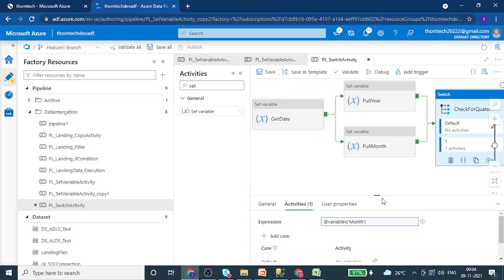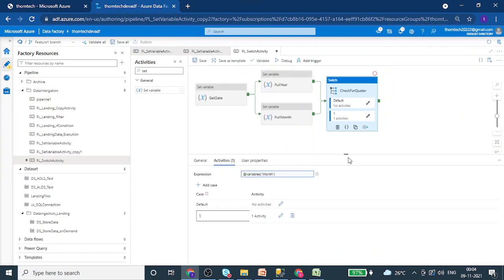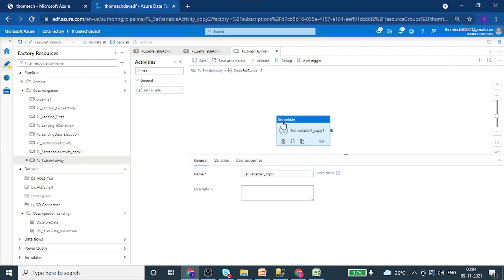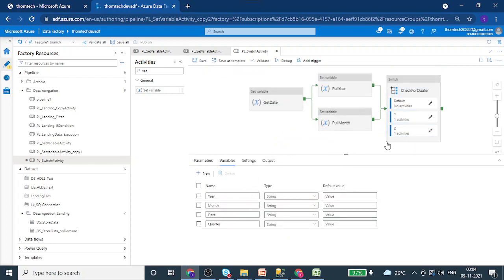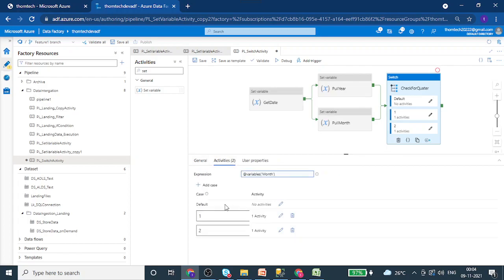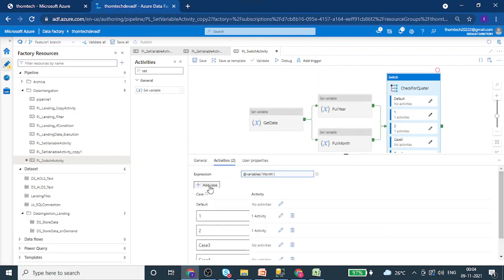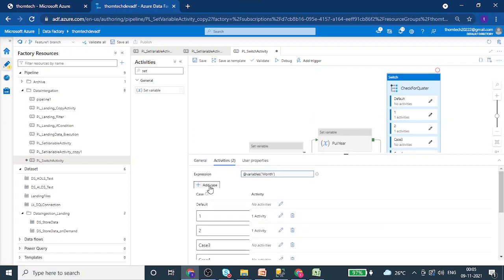Okay, that's it. Now you can take a copy of this, and go back and then create another case, that is 2, and paste this into the next activity, that is 2. Okay, then again we will go and we will take the third one, 4th, 5th, 6th, 7th, 8th, 9th, 10th, 11th and 12th.